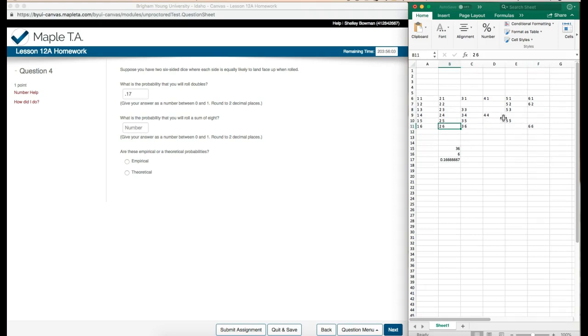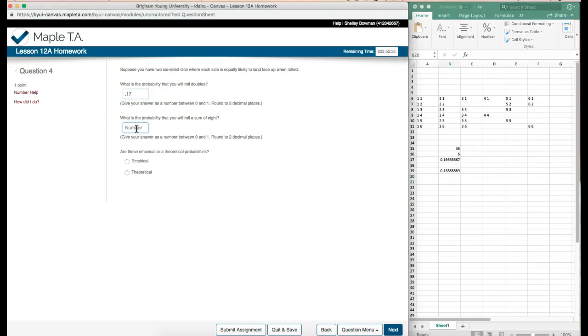This was the diagonal here. If I want a sum of 8, these right here all give me a sum of 8. 1, 2, 3, 4, 5. So I still have a sample space of 36. The characteristic I'm looking at is the sum of 8, and there's only 5 of those. So I can do 5 divided by 36 to find the probability of getting the sum of 8. So this is